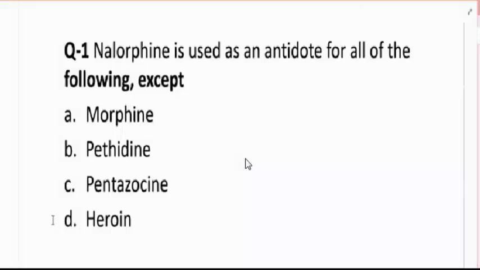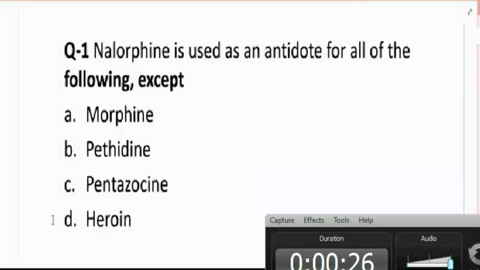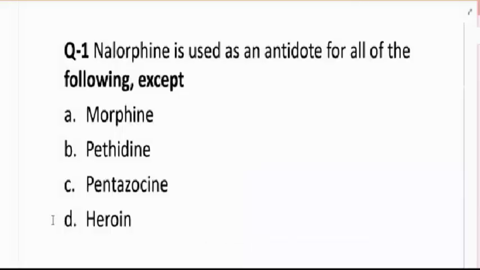Right. Now the first question is, nalorphine is used as an antidote for all the following except: morphine, pethidine, pentazocine and heroin. Now all of you know that the opioid